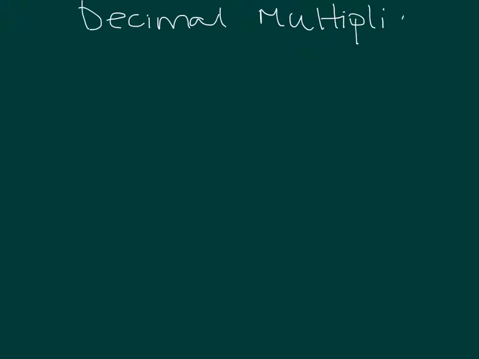Hi guys, I'm going to show you another way to do decimal multiplication, in case you prefer this way, and then you have a variety of options on how to solve these particular problems. So if we have 78 hundredths multiplied by 5 and 2/10,